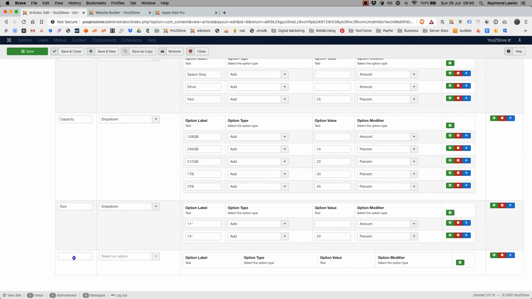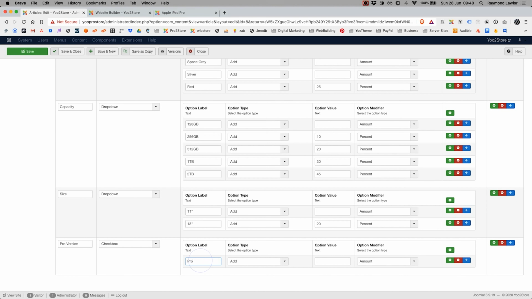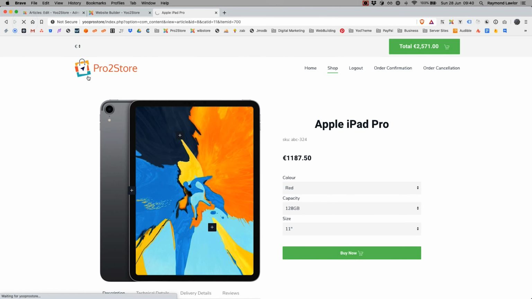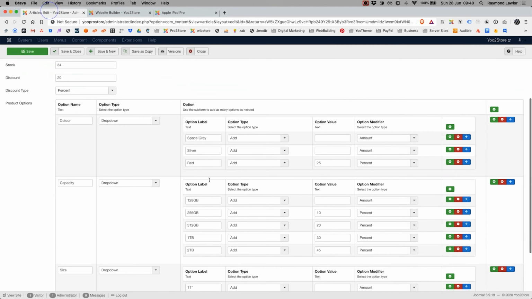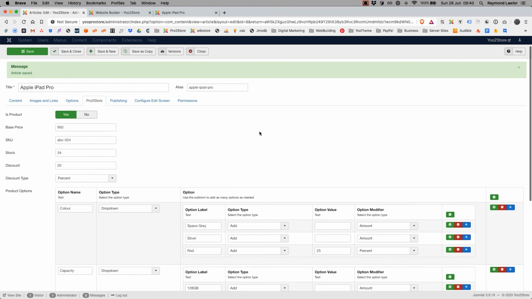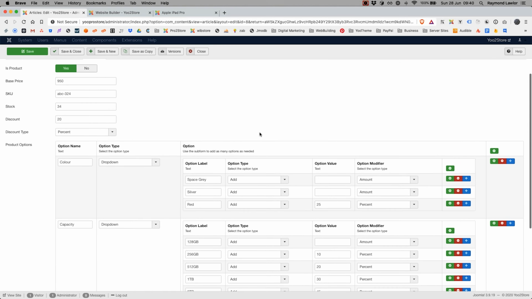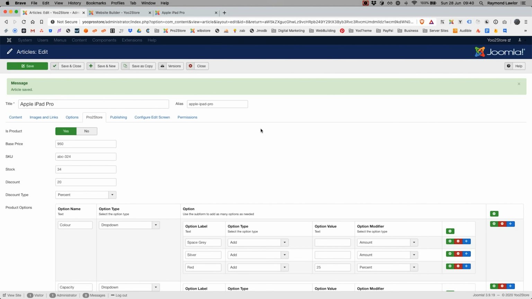So let's say we wanted to add a particular option here, and it was a checkbox, Pro version or something like that, and we just call it Pro, and it adds 80% to the price. Pretty cool. Then this becomes a checkbox here. Okay, so that's how the product options work on the back end, and it all runs through Joomla